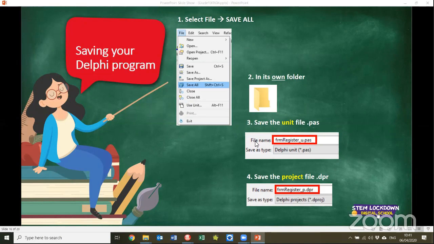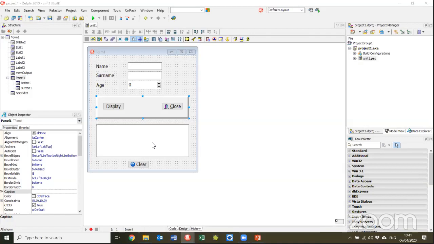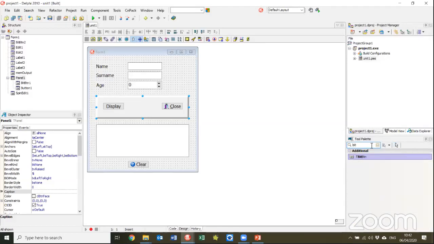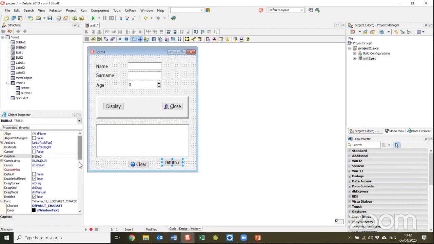Please show how to change the kind button one more time. Okay, with pleasure. If I go to this button, or let's add another one. It has to be a bitmap button. I add it here. And then if I find the kind property